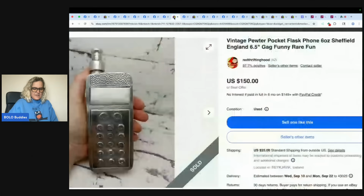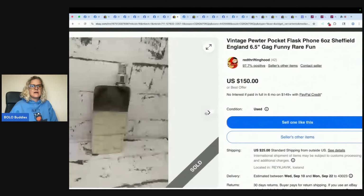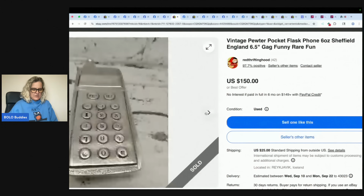Got this phone flask for $5, sold for full price of $27 plus shipping in 2 weeks of being listed. Wait a minute, I'm confused. It sold for $150. Oh, sold for full price plus $27 shipping. I'm like, it sold for $27. Why does it say $150? All right, I misread that. And this is the red thrifting hood also. Look at that. What? It looks like a phone and it's a flask. That's crazy. All right, the next one here is